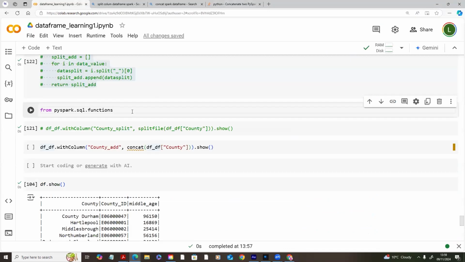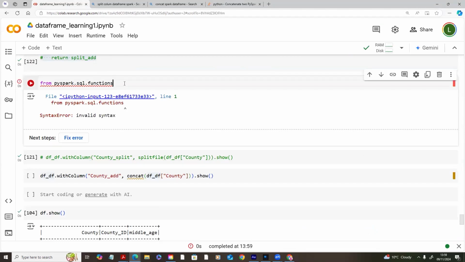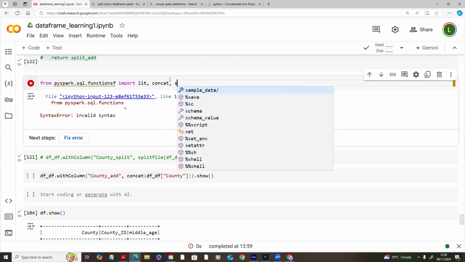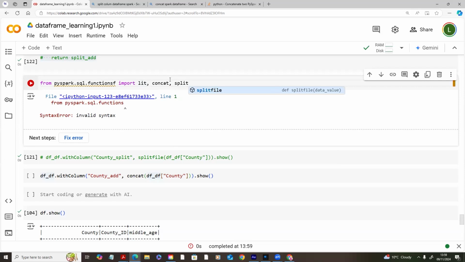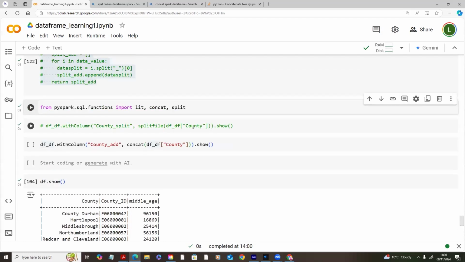So let's go back here. Import from PySpark.sql. Oops, sorry. From PySpark.sql.functions import lit, comma, concat. Let's see if concat is part of it. Can you see concat and split? Oh, I think it has split. So split is going to work in this case. So from PySpark, oh, you have F at functions. Thank you for spotting that out. So let's see